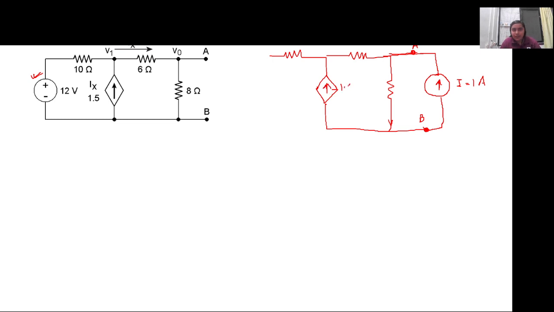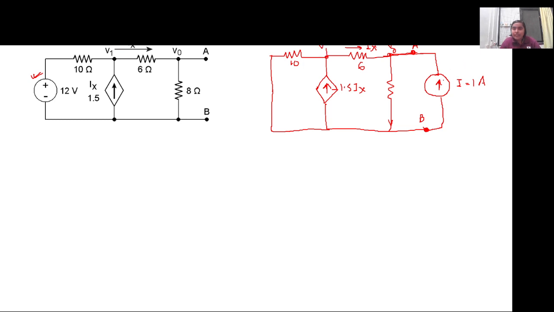It is 1.5 Ix. The independent sources, for example in this case this voltage source, will be replaced by the internal resistance, which is basically a short circuit. This is the 10 ohm resistor, this is the 6 ohm resistor, this is the Ix, that current that is flowing here,